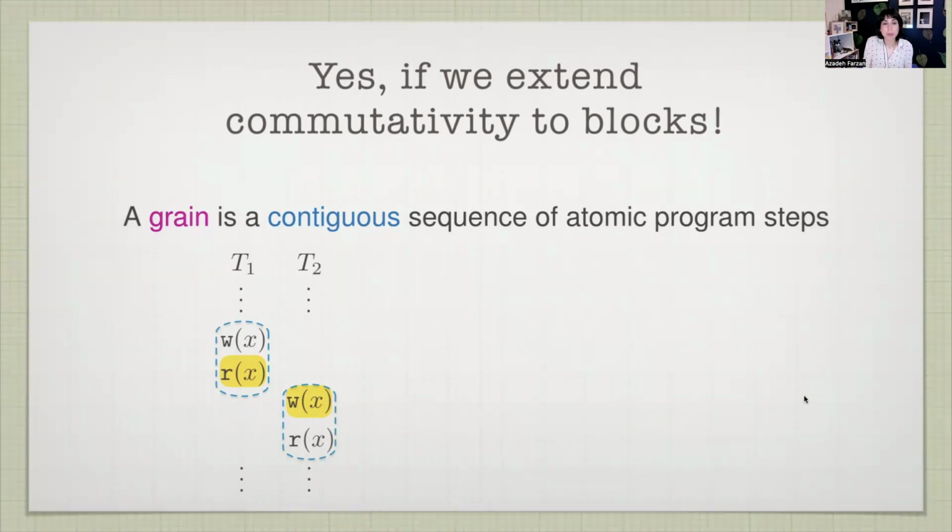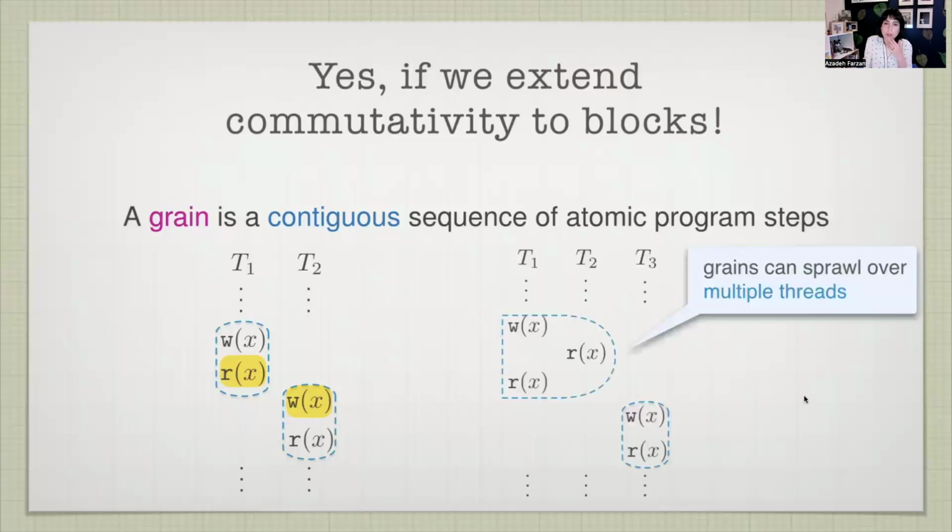It was part of the conditions that we said would preserve soundness. But if I look at the entire two grains that are marked with blue on the picture, now the two grains can be reordered, and as such, they can issue a verdict for me that the two yellow highlighted events that you see here are actually reorderable, which is something that classic Mazurkiewicz commutativity-based equivalence would not permit me to do.